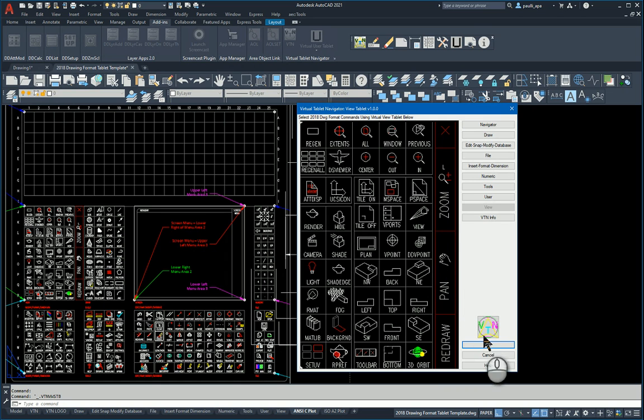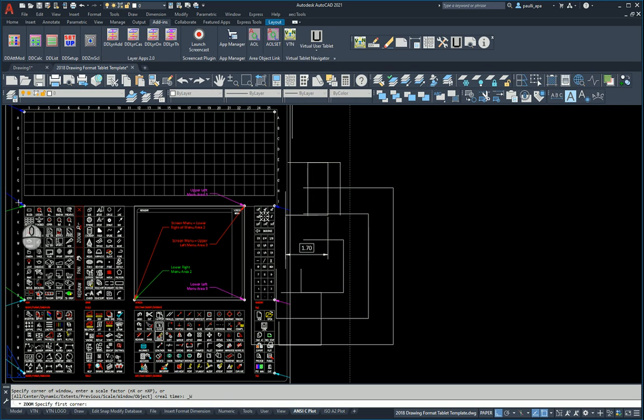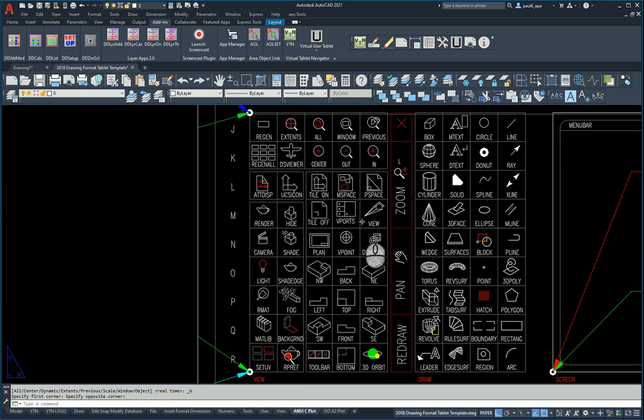All right. One last thing, I'm going to go back to the Navigator. Again, that's the main tablet. Notice these additional commands down here. These are basically very similar to the zoom and pan commands that you will have access to the view tablet menu. But I thought that would be a good idea that when I'm executing, and anyone is executing the VTN Navigator tablet, to have access and say, I really want to zoom in, this area first before I do anything. And now I could go back to my,